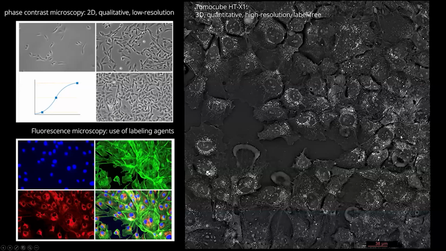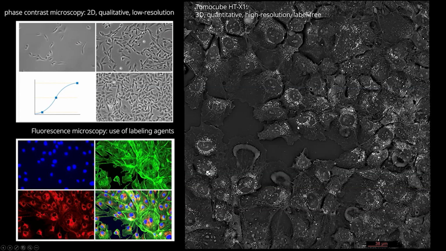So this is a screenshot. This is just one slice of the tomogram at a specific axial position of a cancer cell line. And you can see the cell membrane, nuclear membrane, nucleoli, mitochondria, lipid droplets, and even the vacuolar structures over here. And unlike the conventional phase contrast microscope, a label-free technique, we have high-resolution 3D and quantitative information. Without using any exogenous labeling agent or fluorescent proteins, we can visualize